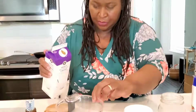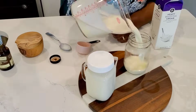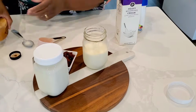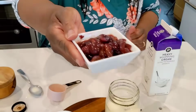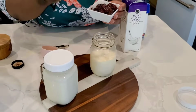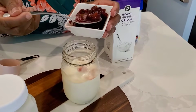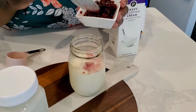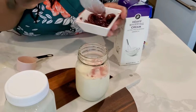Let's go ahead and whip up another batch. We're going to do basically the same thing. And look at that. These are some cherries. I had some frozen cherries. I let them thaw. I chopped them up. Let's make some cherry vanilla. Ooh. Get a little bit of that cherry juice so we can get pretty color out of it. Not too much because you don't want it to dilute